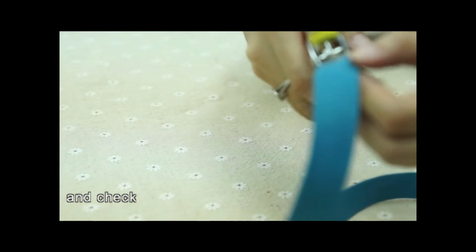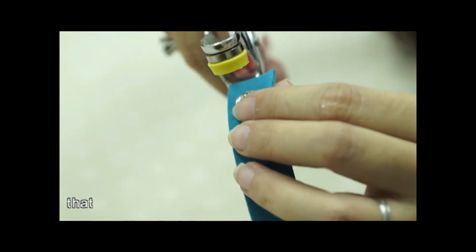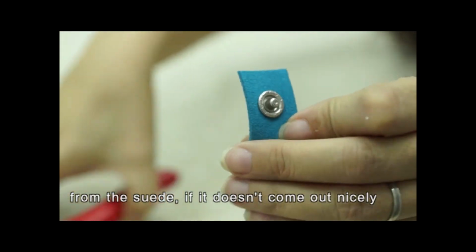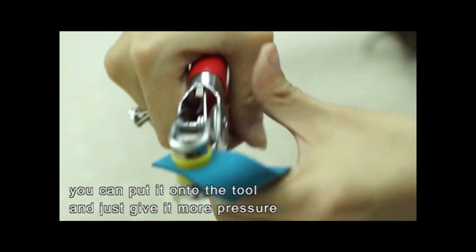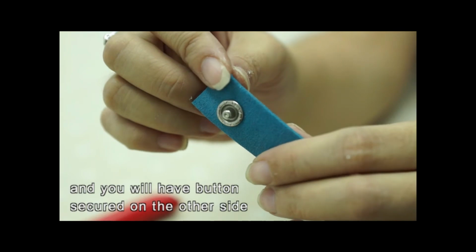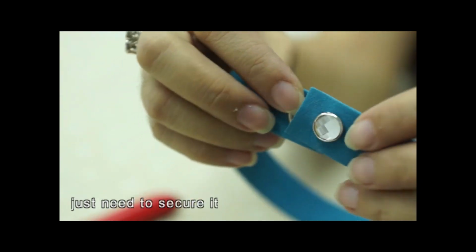Okay, and check that you can pull up nicely from the suede. If it doesn't come up nicely, you can put it back onto the tool and just give it more pressure, and you will have the button secure on the other side. So how this works will be, you just need to secure it